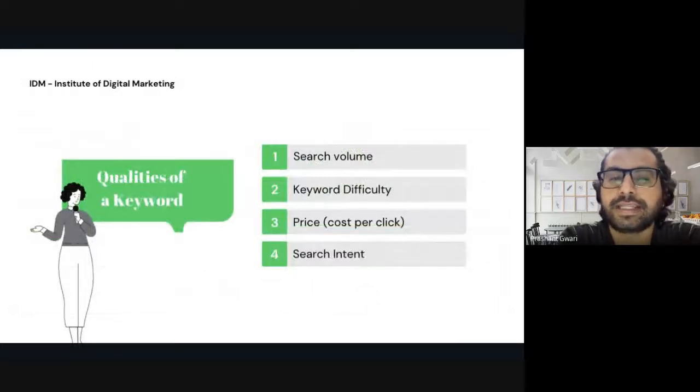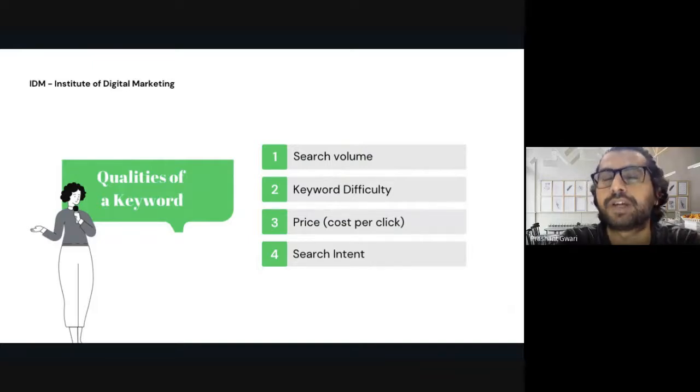Now let's come to the second part of this keyword. You decided that you want to rank your website on Google using a right, specific, or focus keyword. You know that, but to pick the right keyword, you have to learn about the qualities of a keyword. What are the qualities you will look for in a keyword before picking it for PPC or for search engine optimization? Because you can't randomly pick a keyword. You can't do that. You have to do a lot of research on that.